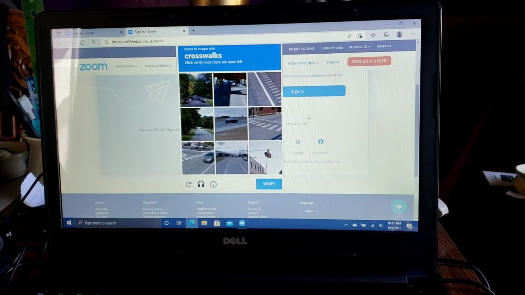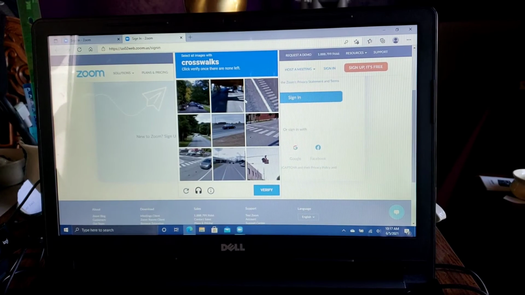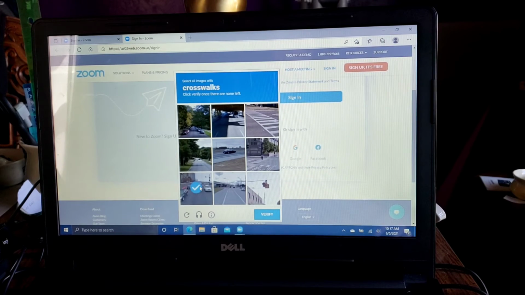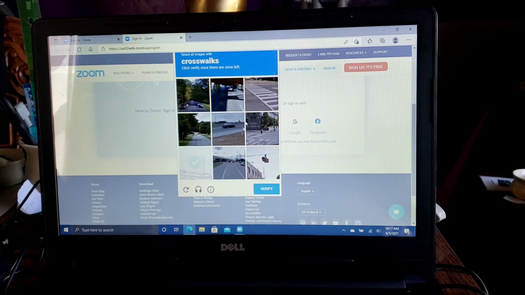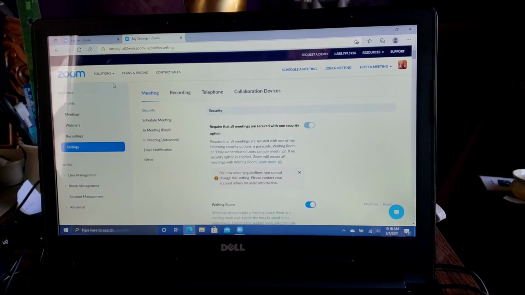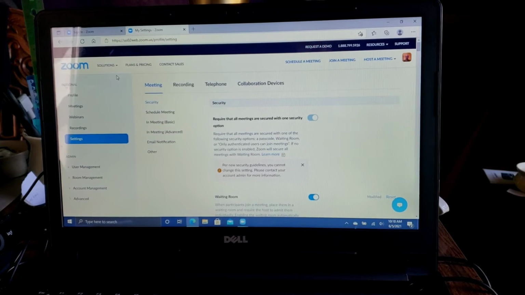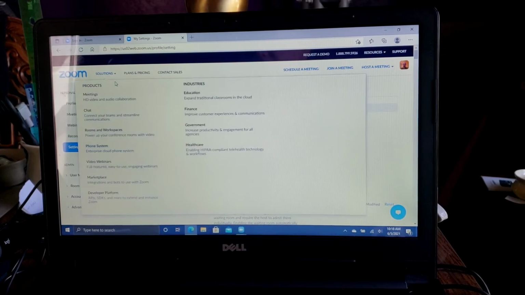Great. So once you're signed in, you hit sign in, and then you come to this here, which is an anti-robot check. So I got to pick all the crosswalks. I hope that's right. Crosswalk, crosswalk, crosswalk. Are you serious? Okay, we're going to pause this. Okay, so once you get through that infuriating security setup so that they can decide you're not a robot,